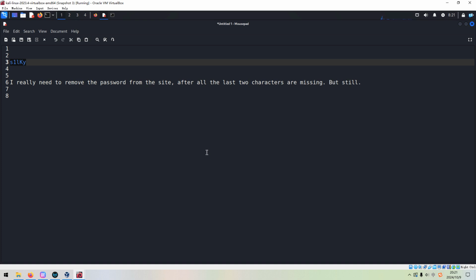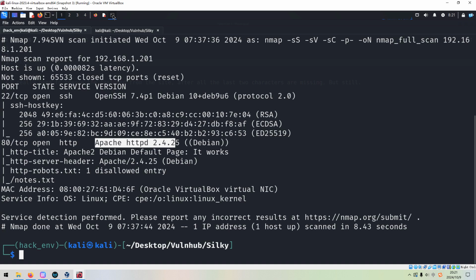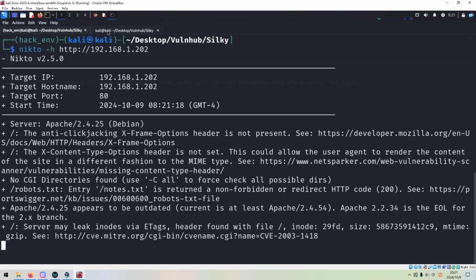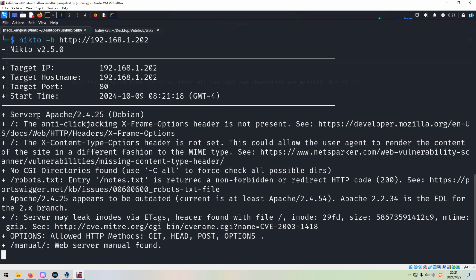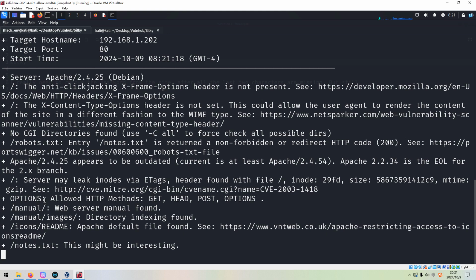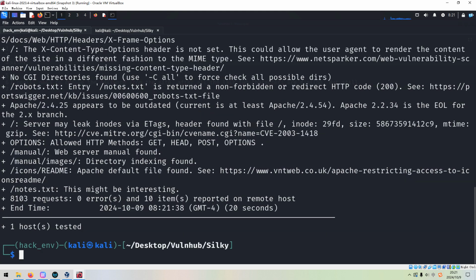Before we try to create the word list, I'd like to do more enumeration automatically with different utilities like Nikto. Nikto can give us information about the web application from different aspects, like the banner information and the request header information. Some common files or directories can also be enumerated. But in this case, we cannot get anything important from Nikto.